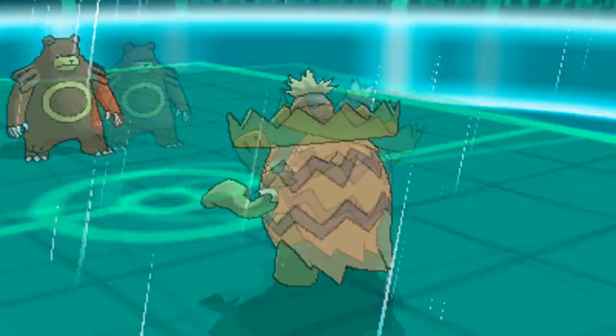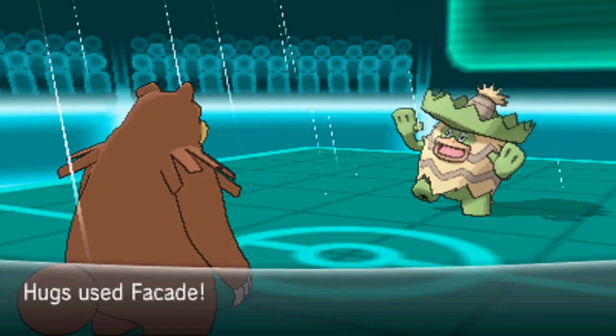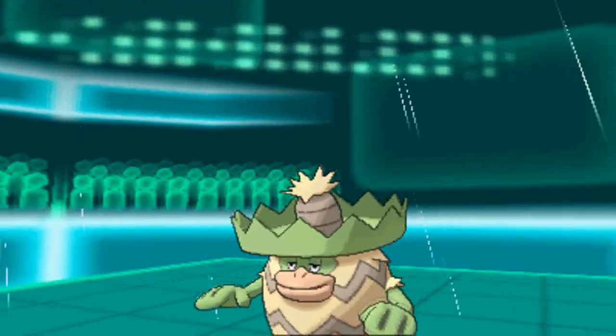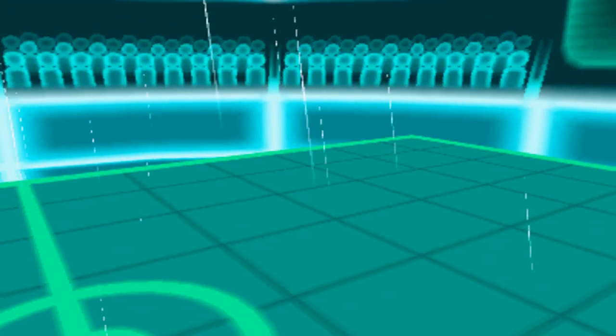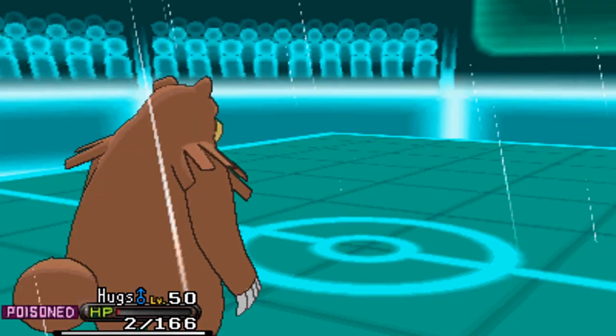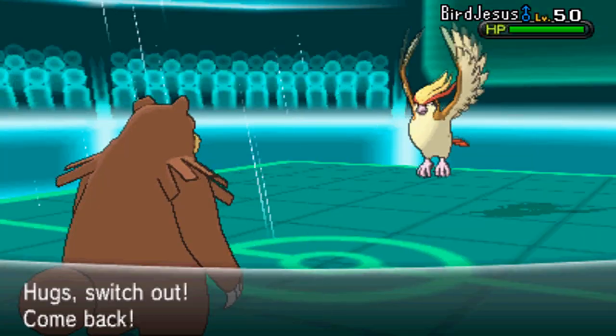So I got my Toxic Orb activated, and I realized that even after the Quick Feed, I'm not going to be able to outspeed it, but I didn't have really many other options for killing this thing, so I just have to go for the Facade, but it is an ensured kill, so that thing is hella dead. And I even am able to live through my poison damage with 2 HP, and he doesn't have any Stealth Rocks up, so I'm like, you know what, I'm going to save Hugs for later,